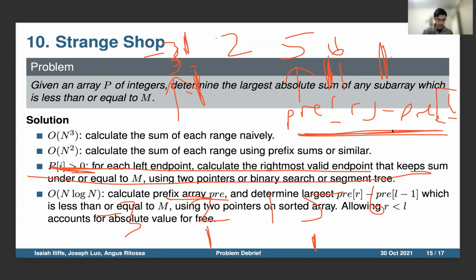Now, one thing is that in this solution, we need to actually guarantee that R is bigger than L, because otherwise we'll have a backwards range. And an interesting fact is that originally we designed this problem, and this was not absolute value, it was just sum. And this meant that it required some effort to make sure that R is greater than or equal to L. But actually, the absolute value actually makes the problem easier, because if you have a range